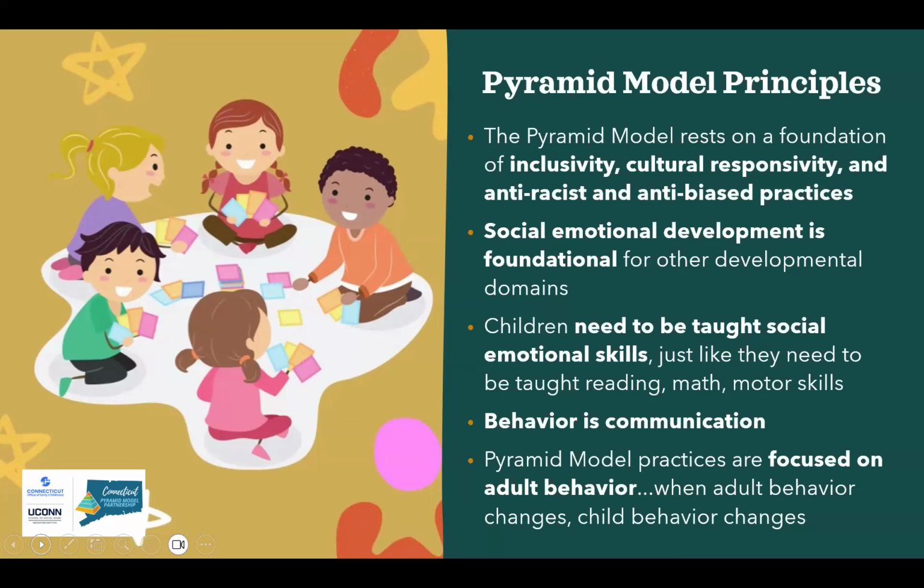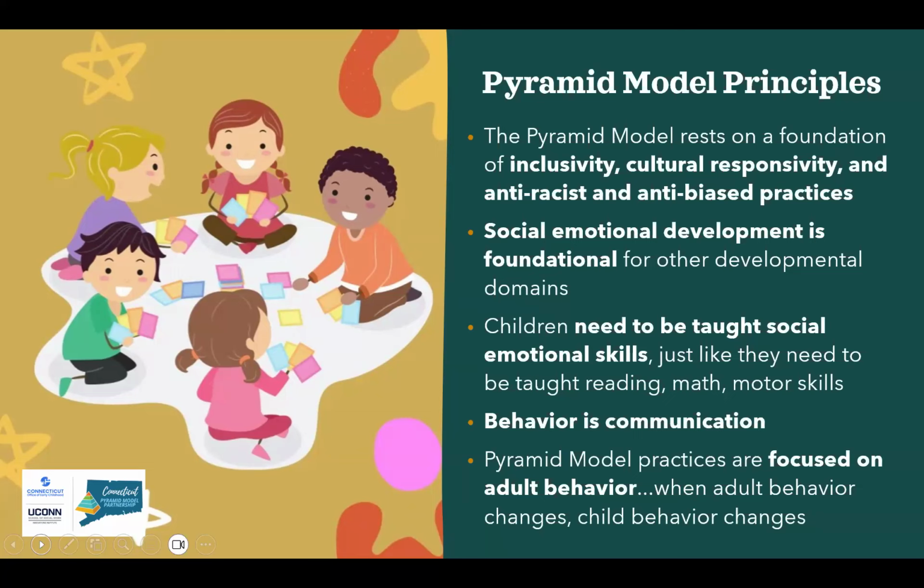One of the mantras of pyramid you see here is behavior is communication. So often, as adults, especially overwhelmed adults, when there is a moment of challenging behavior with a young child or several of them, we're looking at the consequence or sort of the result of the behavior. And what pyramid helps you do is think about behavior as communicating a need, and how do we understand that need so that we can prevent the behavior rather than react to the response or the result.